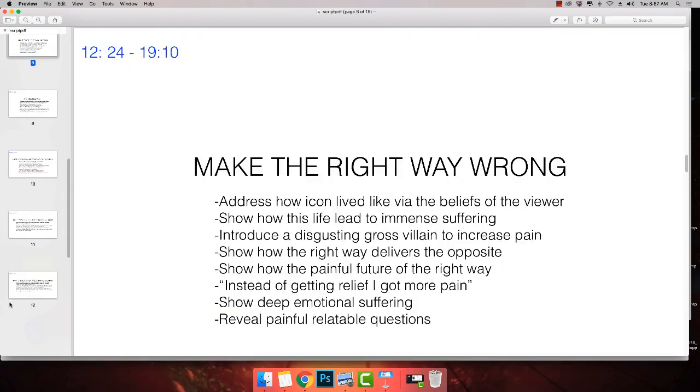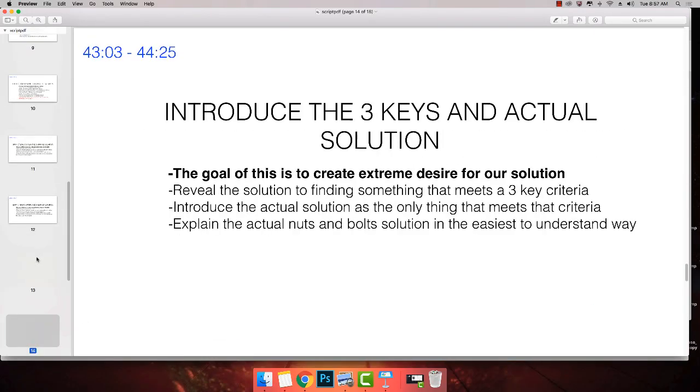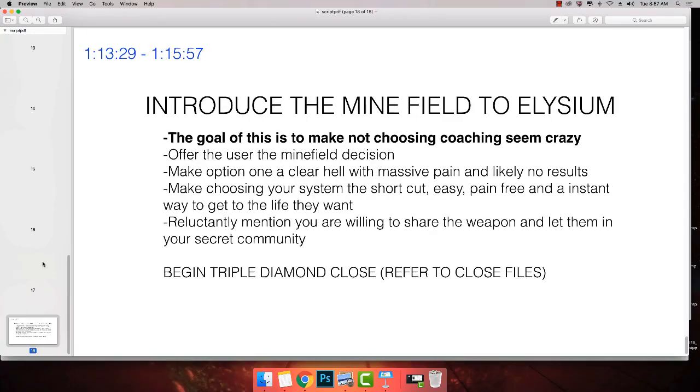Sorry, there's a little bit of construction in the background, but this is how we're going to set this up. And this is all there is to the script, so let's begin.